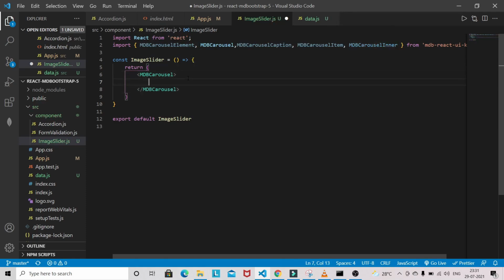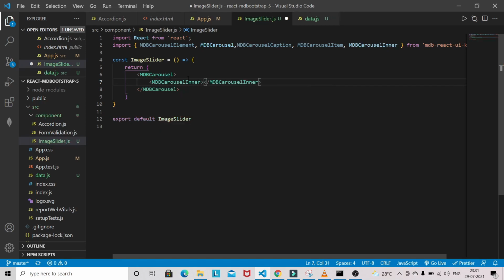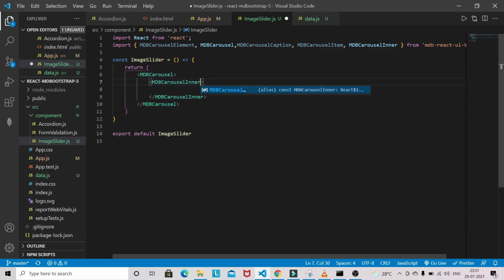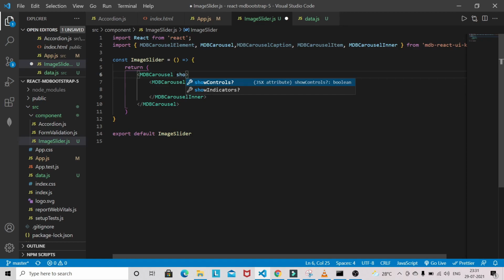And here we need MDB carousel inner, and here we need show controls and show indicators, and inside this inner we are going to bring this data file.